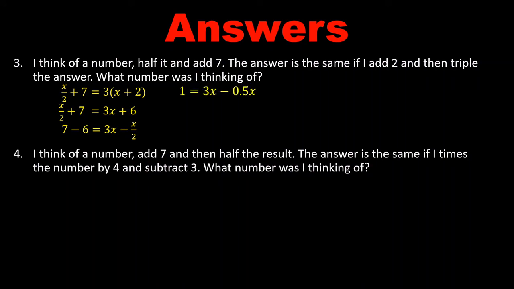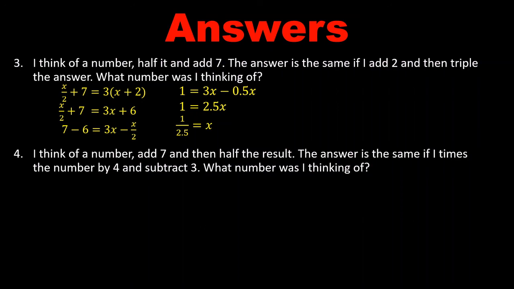Simplifying that, grouping like terms, 3x minus half of x is 2.5x. Opposite of multiplying by 2.5 is dividing by 2.5, which might be a difficult calculation for you to do. If you've just used your calculator for it, that's fine, but please try and understand the mental working that goes